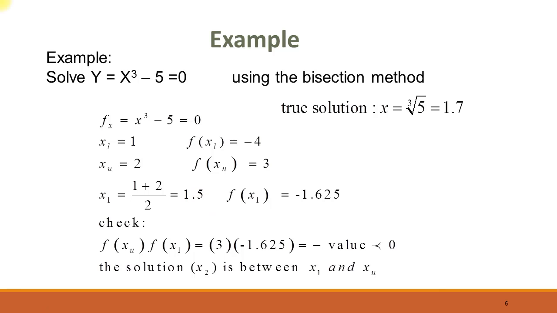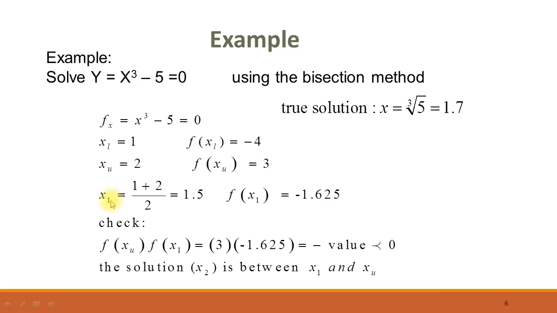Now to find the other root, because we want to get close to this exact result 1.7, but here the result is 1.5. And dear students, note that x1 is approximately close to 1.7. So we should try to find another root, x2, x3, maybe x4, which will be a better root as compared to x1, xu or xl. So to find the next root x2, first of all check the sign of the function at all these three roots.